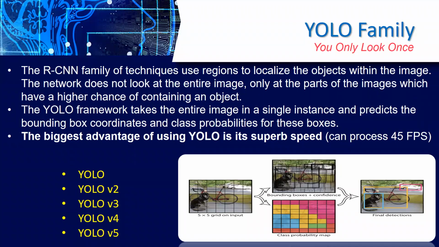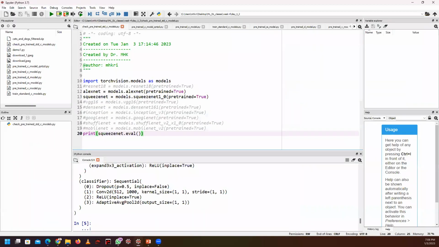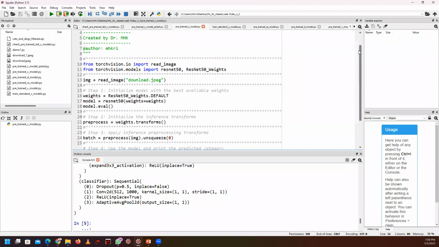Again, let's go back to the Spyder environment. Do people have any doubt here? If people don't have any doubt, we will see how we can download the models and use them in our scripts. For example,